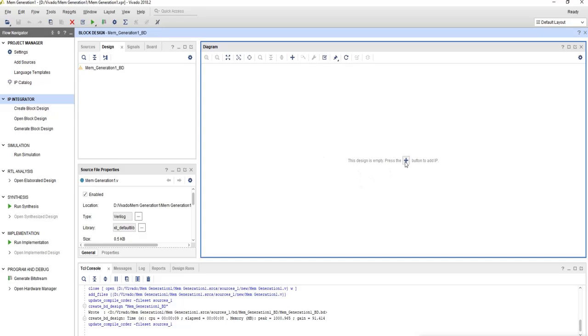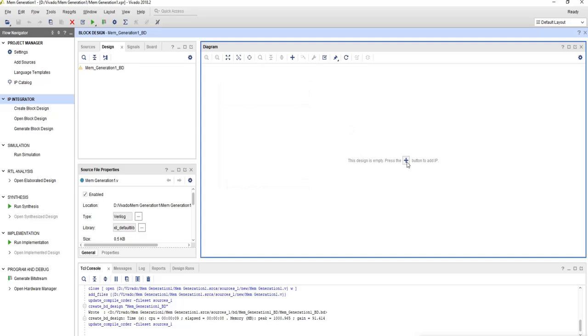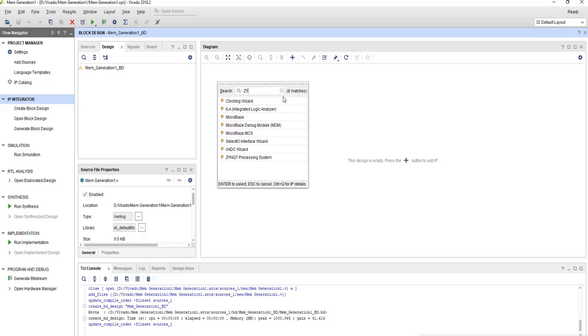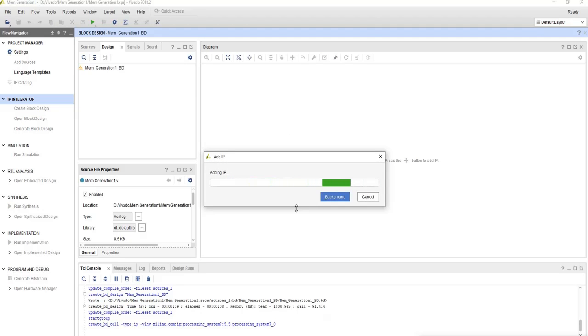Now here we'll add the Zynq processor IP.